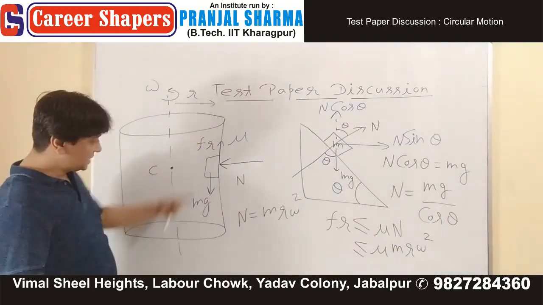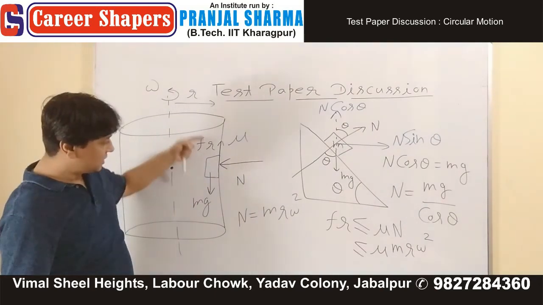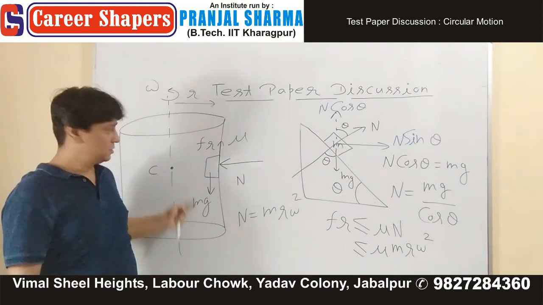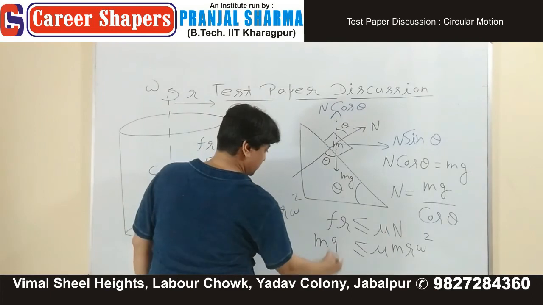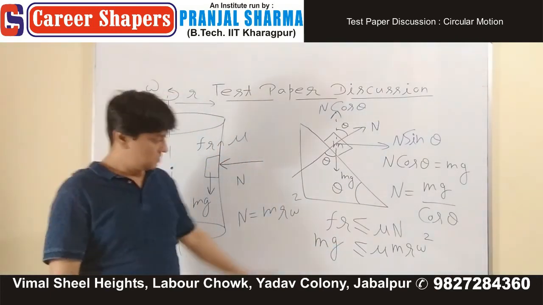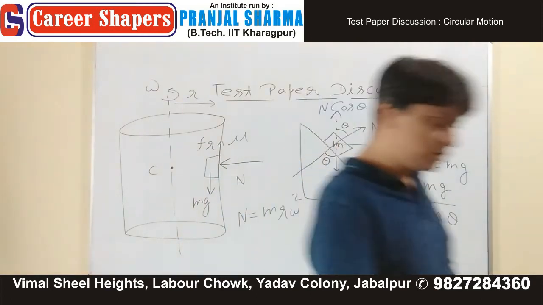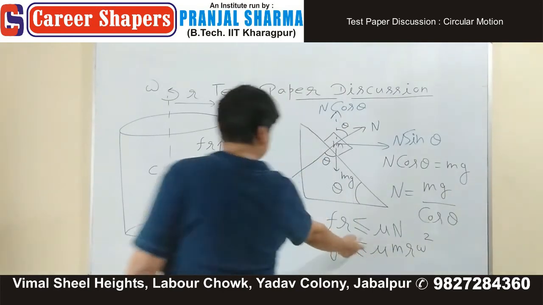But question says this block is not falling down, it's not slipping down. If it's not coming down, then fr is balancing what? mg. Done. M and cancel. Question is looking for, I don't know what, the least value of the coefficient of friction between the man and the wall. They're looking for mu. This gives you